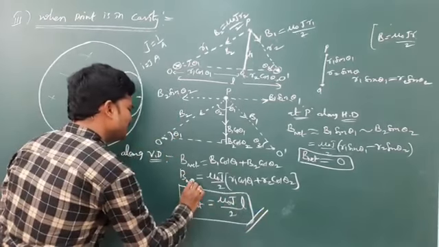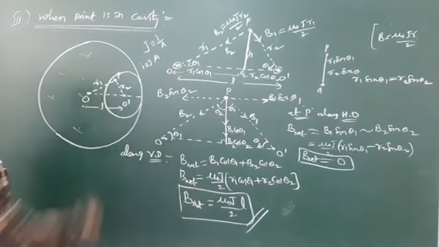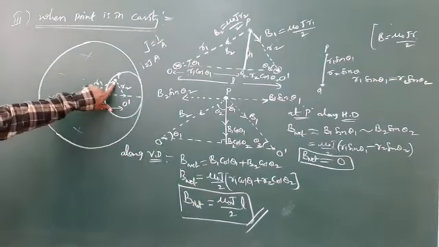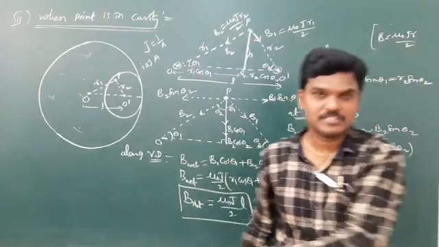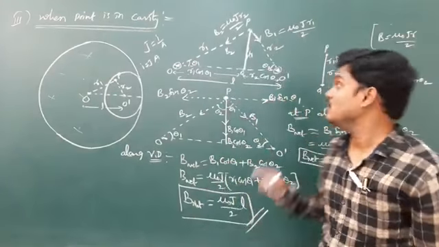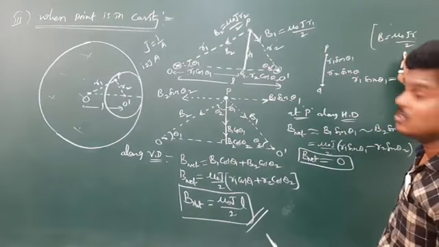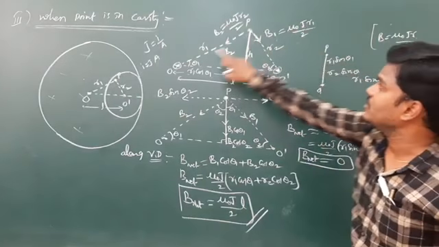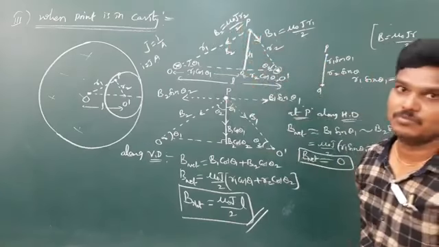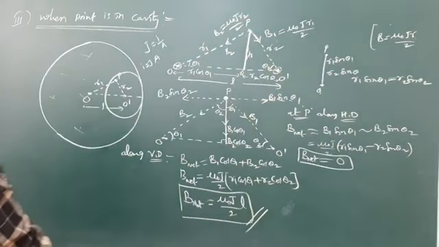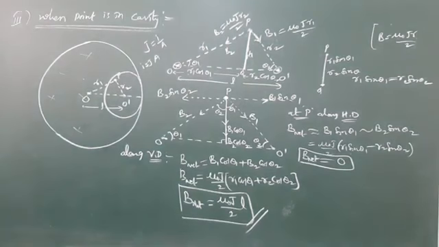So this is the magnetic field if point P is inside. Inside means, as covered already, see the previous problem and the previous concept, Ampere's circuital law. Inside, it is mu naught J R by 2: mu naught J R1 by 2 for distance R1, and mu naught J R2 by 2. Okay, this one is visible. Yeah, clear everything.